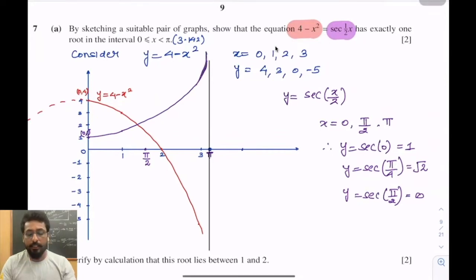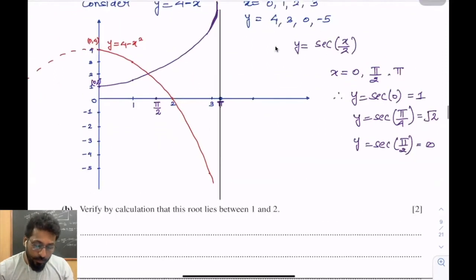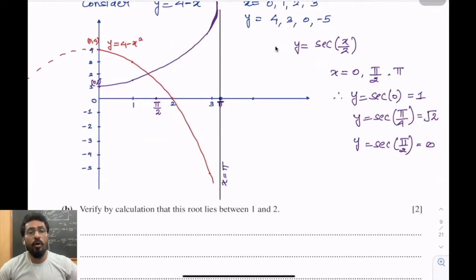It is not going to intersect the asymptote. It will just keep on coming closer and closer to the asymptote. So the asymptote was x equal to pi. So again, I'm telling you this is not needed. Okay, so can you see that the two curves, the red colored curve and the purple colored curve, are both